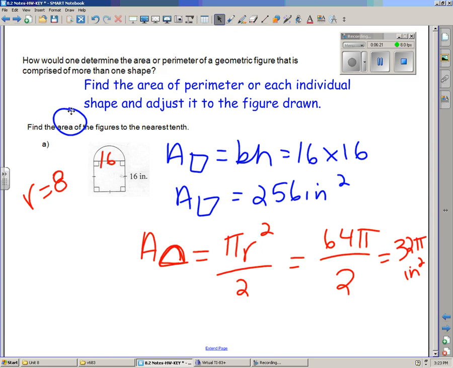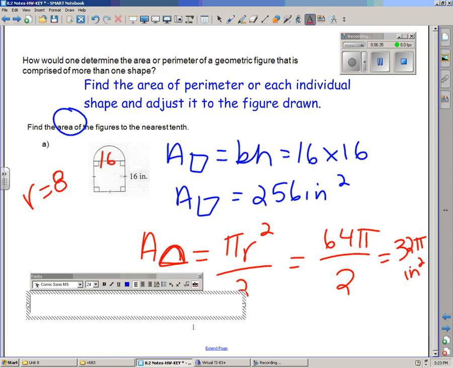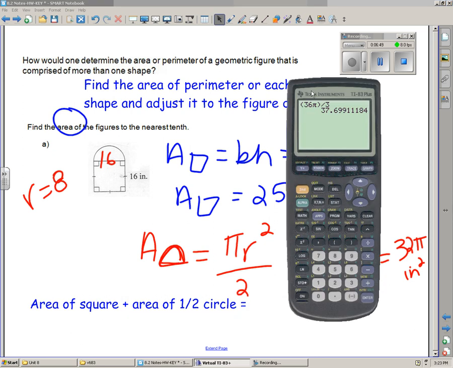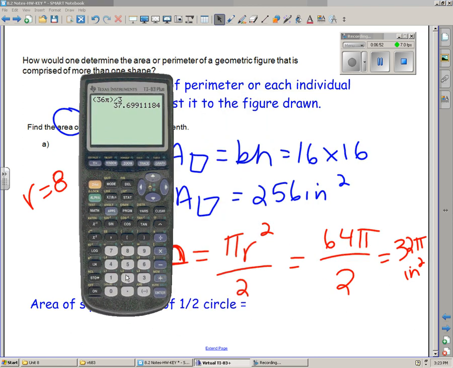All we have to do is get those two things, add them together, and then we have our answer. Let me come down here for a second. All we need to do is find the area of the square plus the area of the half circle. Let's come up to here. What do we have? We've got 256. We're going to add that to, and I'm going to put it in parentheses, half of the circle, or 32 pi. What comes out in this case is